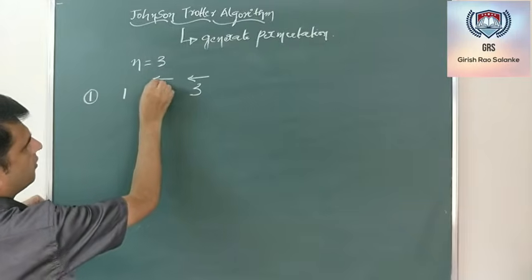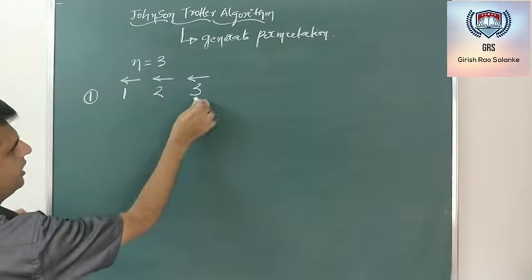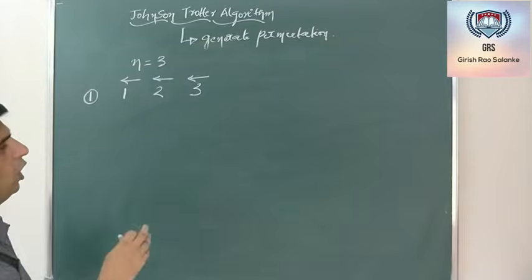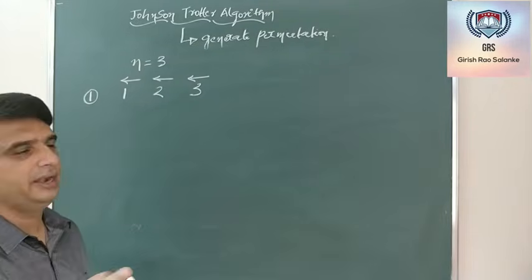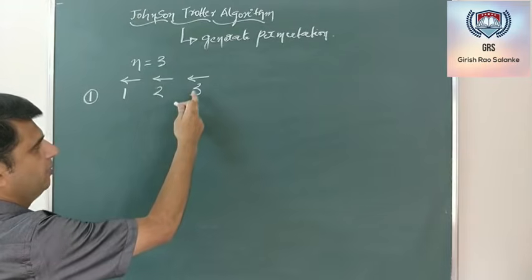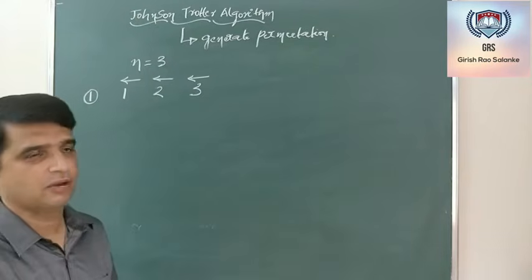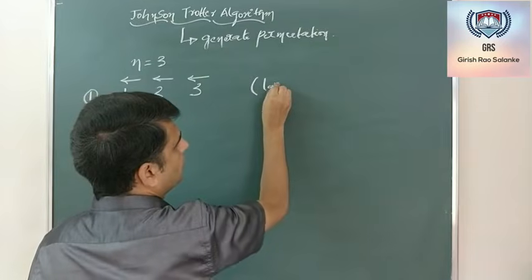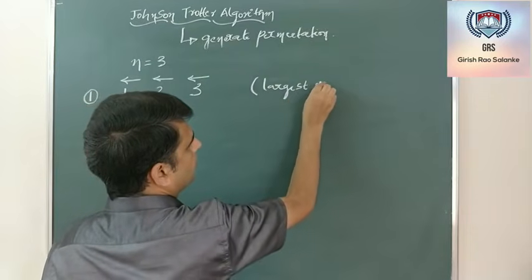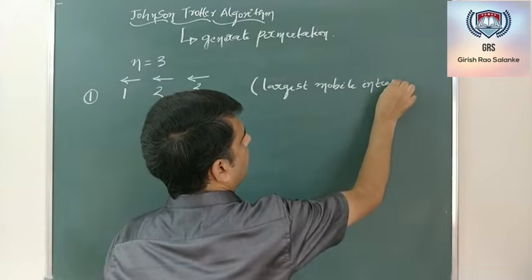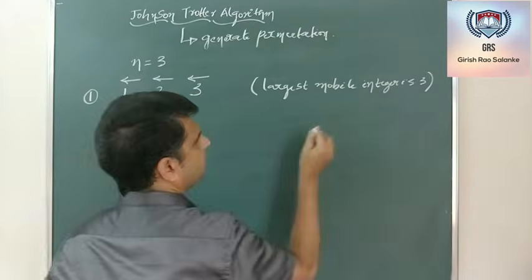The direction associated with each digit will be in the same direction. Now in this case, how many mobile integers are there? There are 2 mobile integers. Mobile integer 3, because 3 is pointing to 2, and 2 is pointing to 1. Now I need to take the largest one. Which is the largest mobile integer? The largest mobile integer is 3.